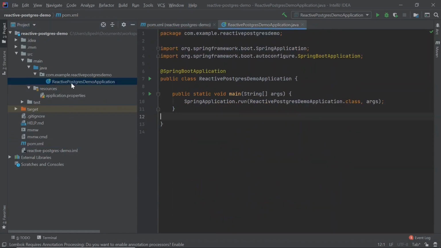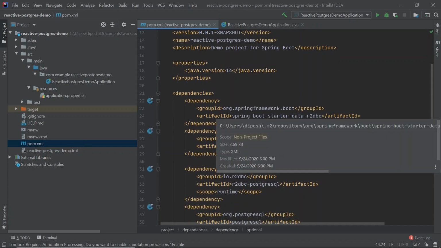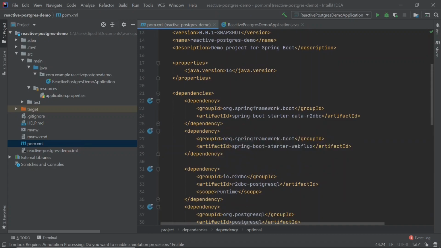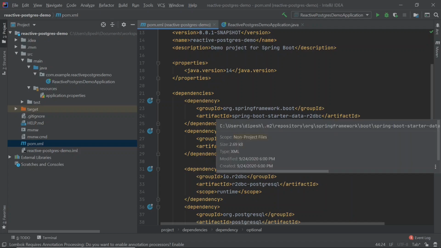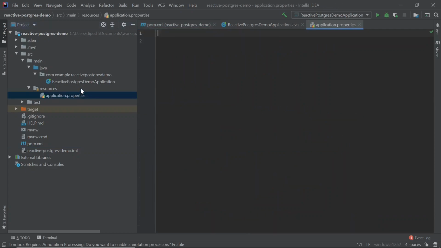If we now try to run this application, it won't run. The reason for this is that in the dependencies we have specified Spring Data R2DBC. So Spring tries to look for the database properties and tries to connect to the database, but since we haven't specified any properties, it doesn't find any database URL and it fails to start.